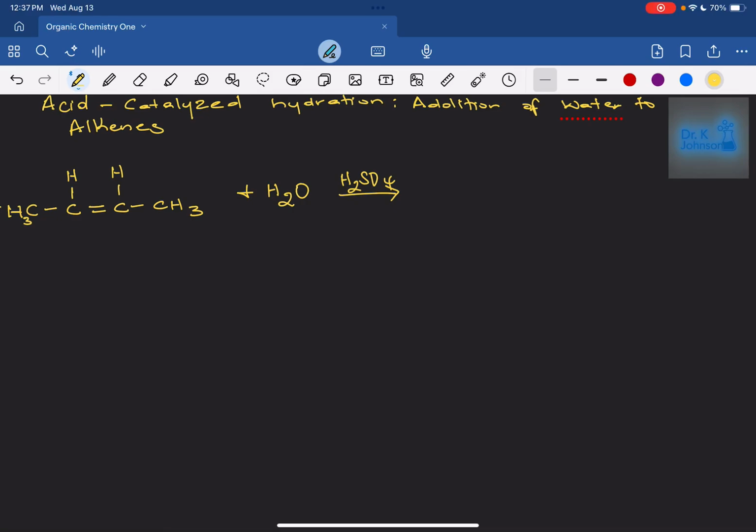Let's talk about hydrating an alkene. When you add water to an alkene, the reaction is done in the presence of an acid such as H2SO4, sulfuric acid, which is why the reaction is called acid-catalyzed hydration. The acid is used as a catalyst in the reaction. Now, when you add water to your alkene,